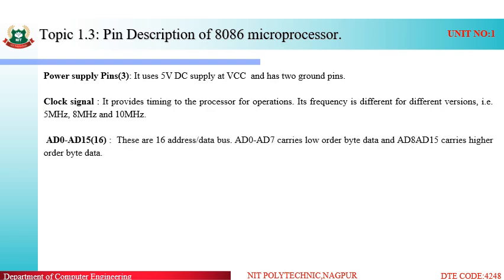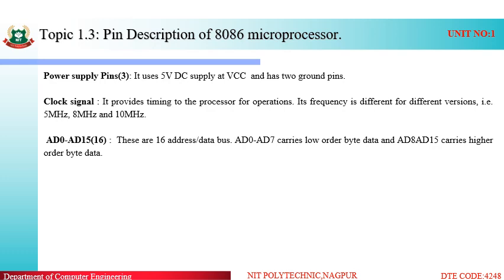Next are address and data pins. Here we write it in the form of AD0, that is address 0 data 0, to AD15, that is address 15 and data 15. Total number of pins are 16. Now a question may arise: why are these pins combined? In order to reduce the number of pins on the IC, because